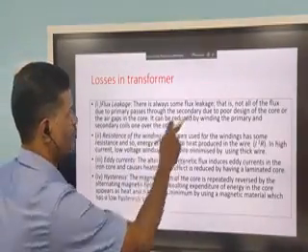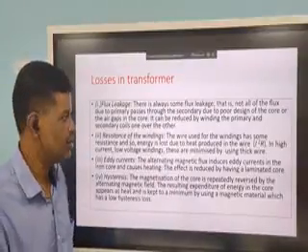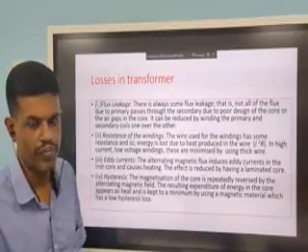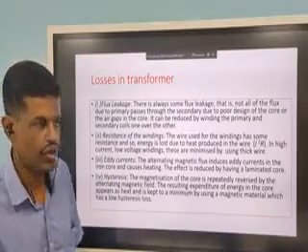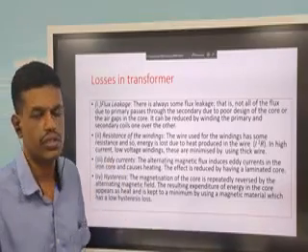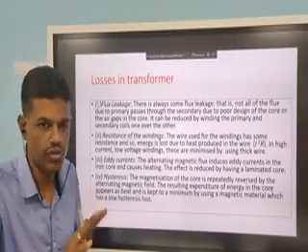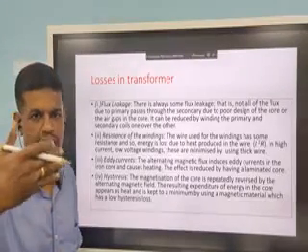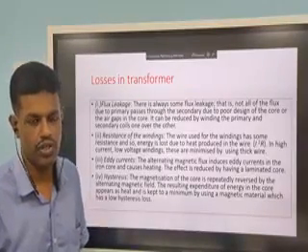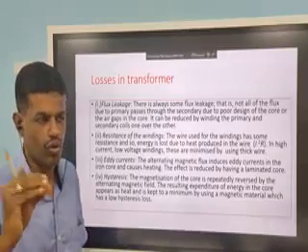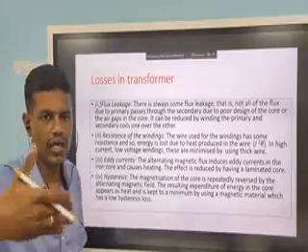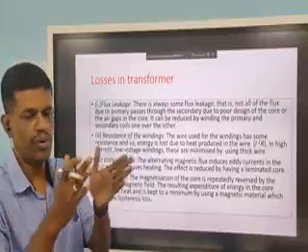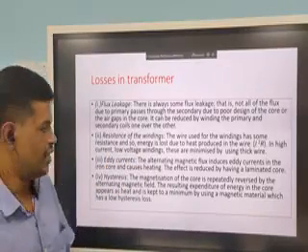It can be reduced by winding the primary and secondary coil over the same core. Resistance of the winding should be minimum. We must use good quality copper wires. Eddy current losses are currents produced on the surface of the core. This can be minimized using stacked plates. Instead of using solid blocks for the core, we are using stacked plates. Remember the structure of a transformer. We are using a pile of plates. This is to minimize the eddy currents.